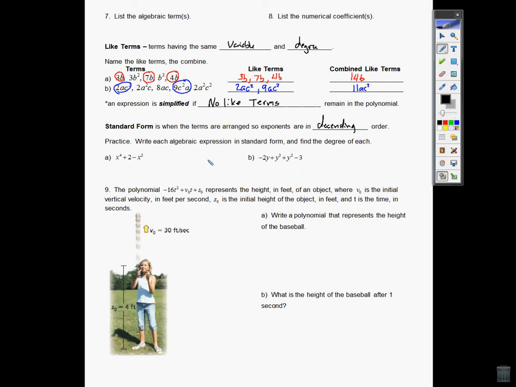So, it's nothing too crazy. It's just a matter of taking the degree of each monomial and placing them so that their degrees are decreasing. So in this case, I have 3 terms, x to the 4th, 2, and x squared. The degree here is a 4. The degree here is a 0. The degree here is a 2. So if I want them in descending order, it's going to be x to the 4th minus x squared plus